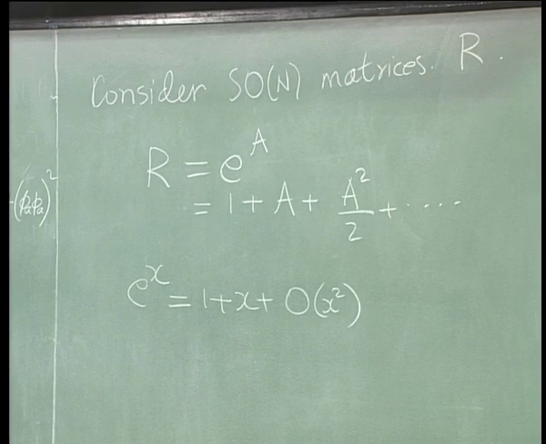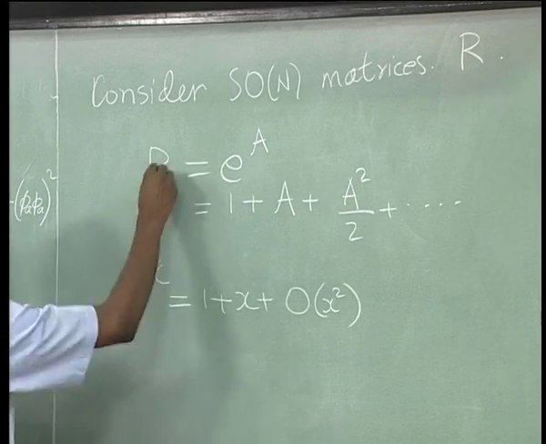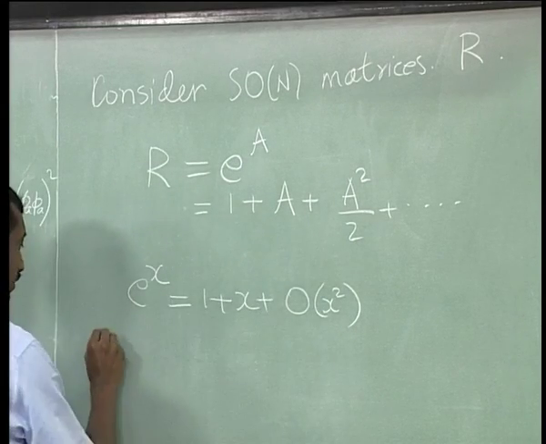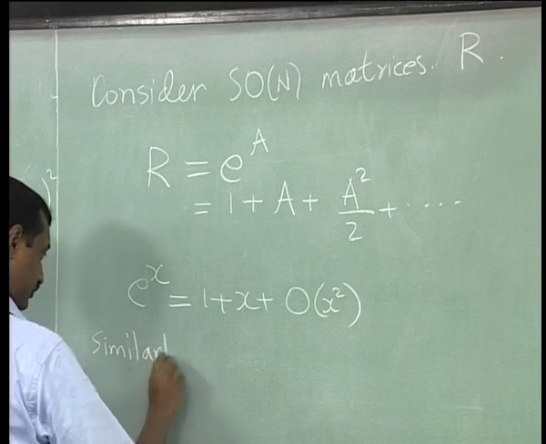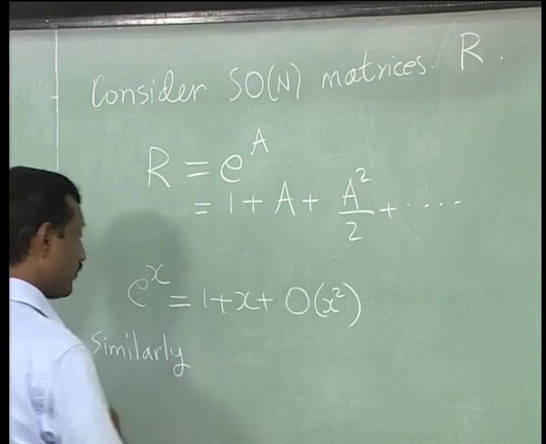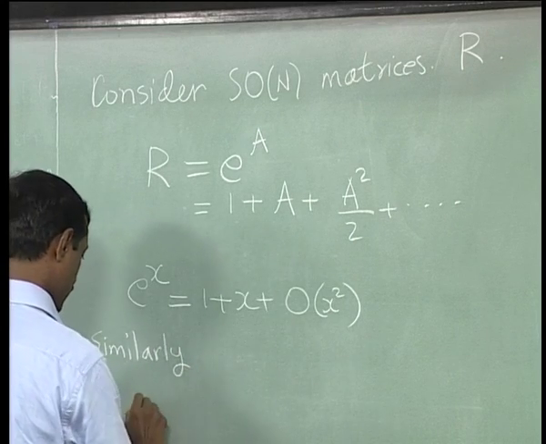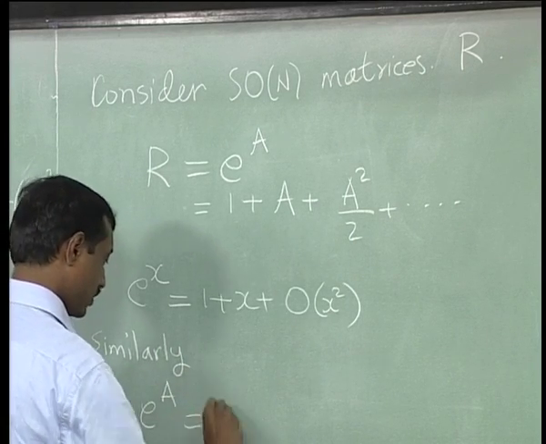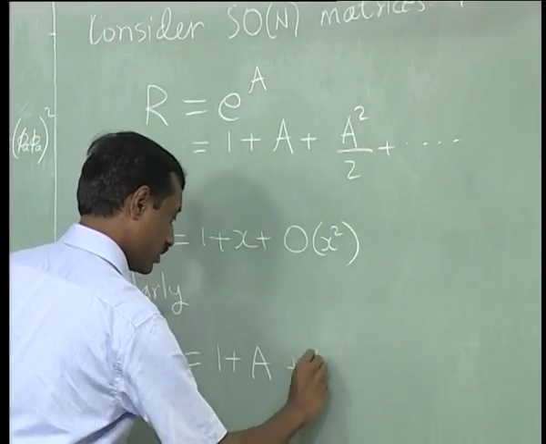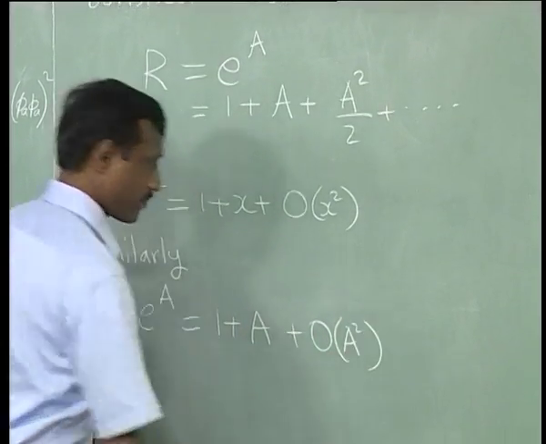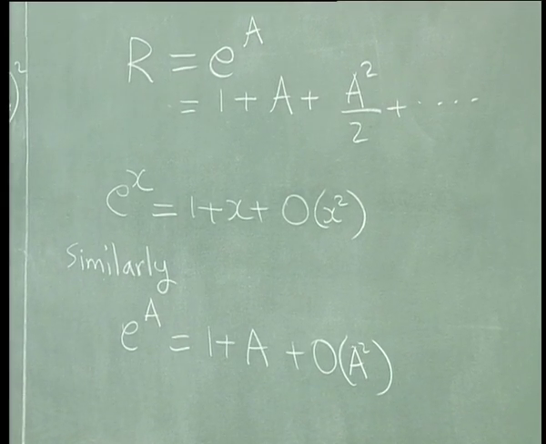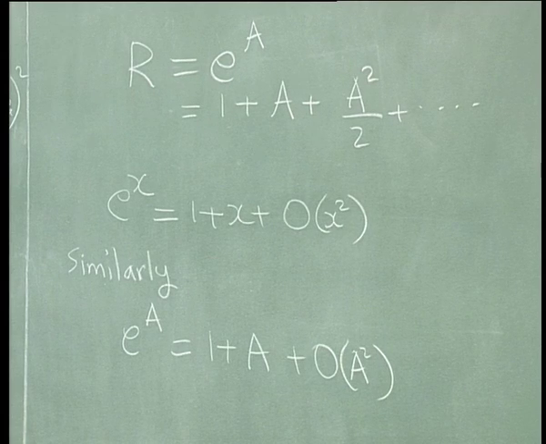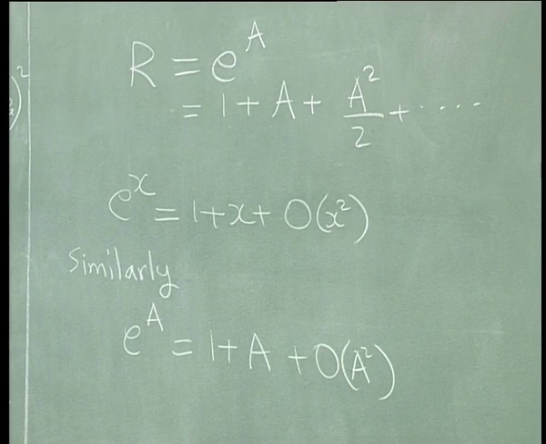So it is not one condition. So let us, I will be more explicit. So I will write here. So similarly I will write, similarly we can write e power a equal to 1 plus a plus order a square, okay. Another way to do this is to introduce some auxiliary parameter which is just a scalar,